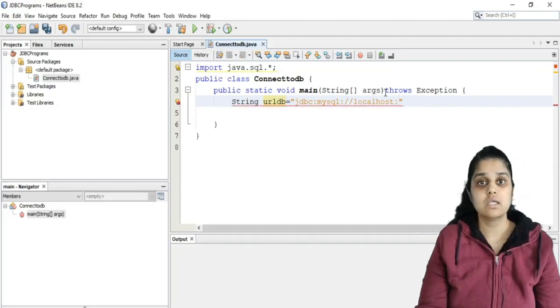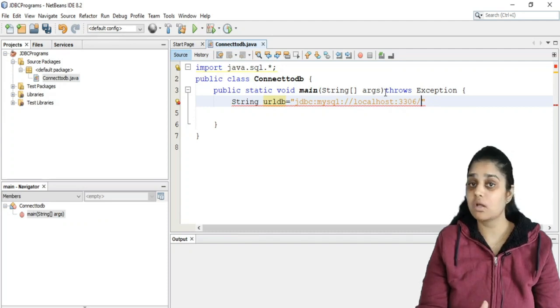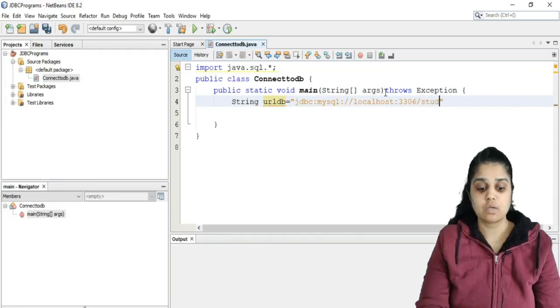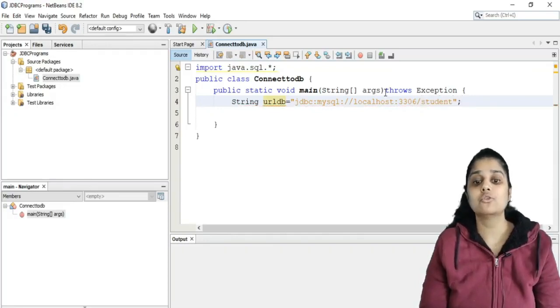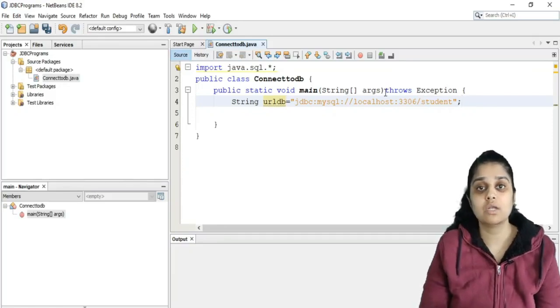It is residing on MySQL service, that is on port number 3306 by default, and I want to connect with a database, not a table. Mind me, it is a database, so I am writing the name of my database. So this is my path of the database or URL of the database that I want to connect to.